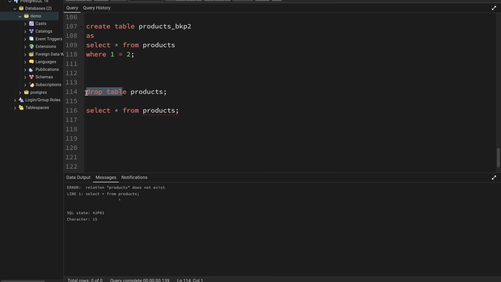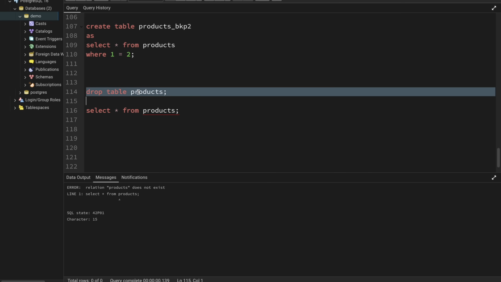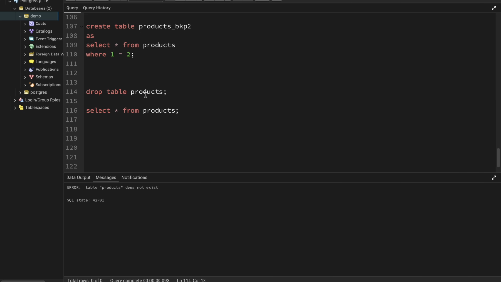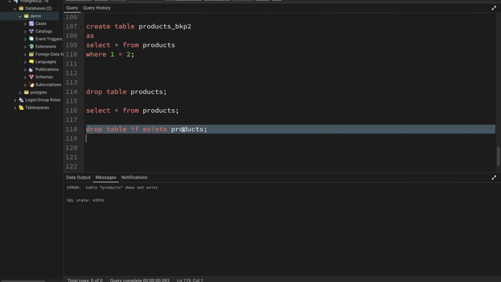Okay, so this is very important that you should know. Now, one more thing I want to mention here is, let's say I already dropped the table, and if I run this command again, now you can see that it's throwing me an error saying that the table does not exist. Okay, so generally when we are using this kind of a command, that is drop table, we can also provide a keyword like if exists. So I can say drop table if exists and then provide a table name, and if I run it,